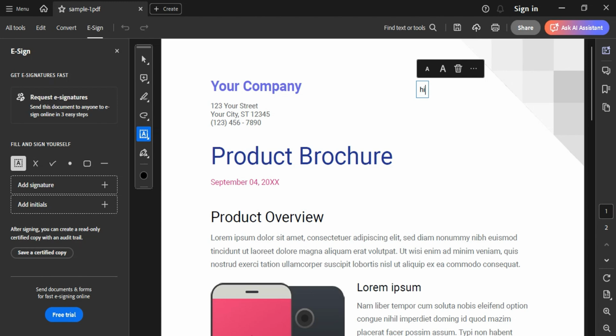You can now make simple edits to any PDF using the free version of Adobe Acrobat Reader. For more advanced edits like rearranging pages or editing images, you could consider Adobe Acrobat Pro or check out their